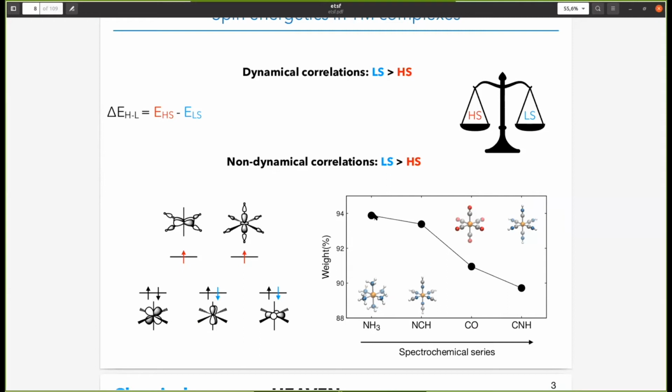So in principle, here, for example, a way in which we can have an idea of the amount of non-dynamical correlation is that of taking the weight of the main configuration in a CI expansion. So this means that, of course, if the main configuration would be 100%, in that case we don't have a multi-configurational character of the wave function. While when we move and we have the weight of the main CI coefficient, that becomes